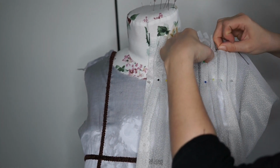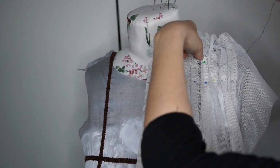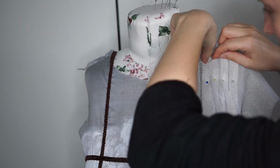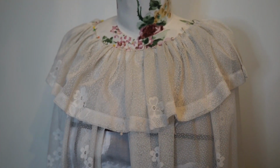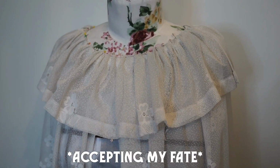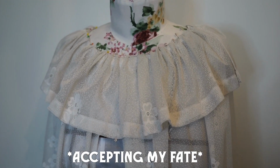I redid the pleats to be smaller and more accurate, and I also lost the pleats under the arm because I figured that I won't need that extra room there because this is where the gathering bow will sit anyway. We're now making this dress 100% more ridiculous by adding a giant neck ruffle. I'm not sure if I'm convinced or not, but at this point, this whole thing is just